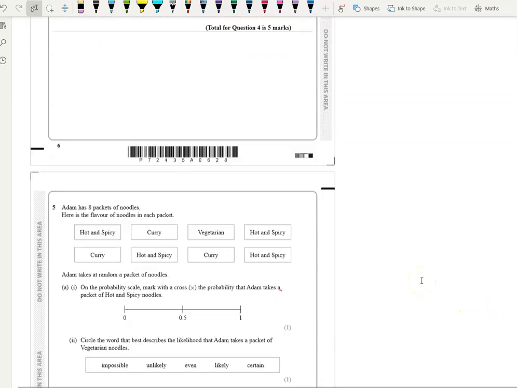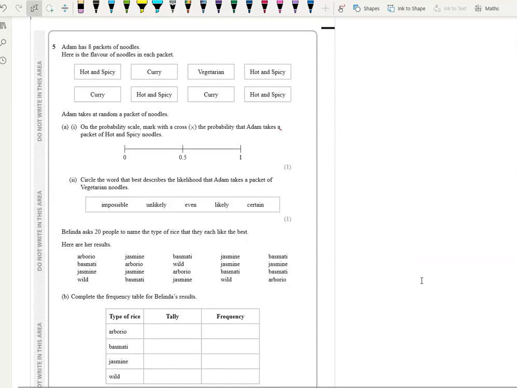Question 5. Adam has 8 packets of noodles. Here is the flavor of noodles in each packet: hot and spicy, curry, veg, hot and spicy, curry, hot and spicy, curry, and hot and spicy. Adam takes at random a packet of noodle. On the probability scale, mark with a cross the probability that Adam takes a packet which is of